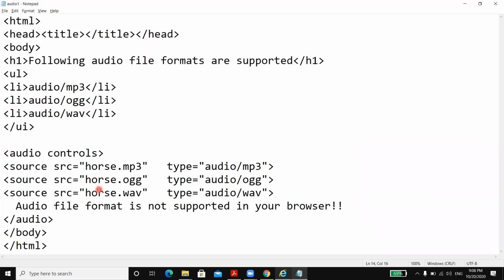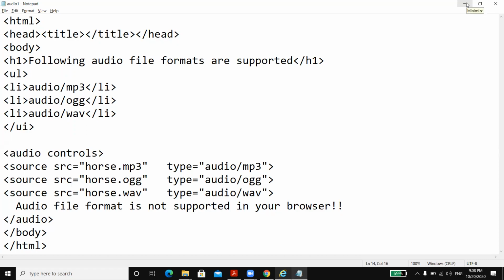Now what happened here is, inside this audio tag, we have also written the different source tags. But ultimately what is happening? Only one media player is displayed with a control. So in that control, what will happen? MP3, OGG, or the WAV file will be played. Any other file, if it is not supported by the browser, will not play.